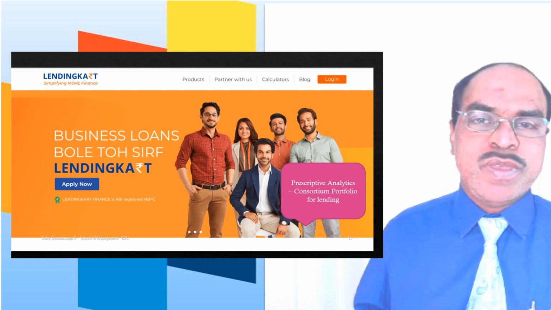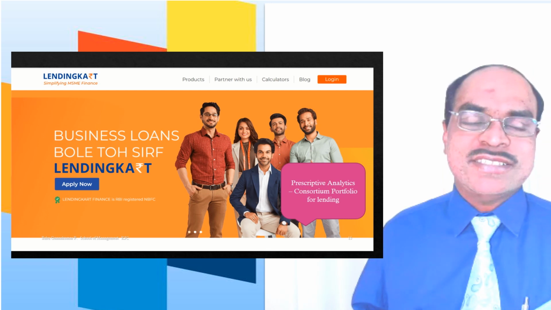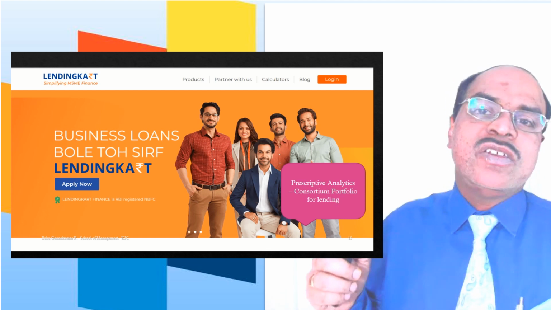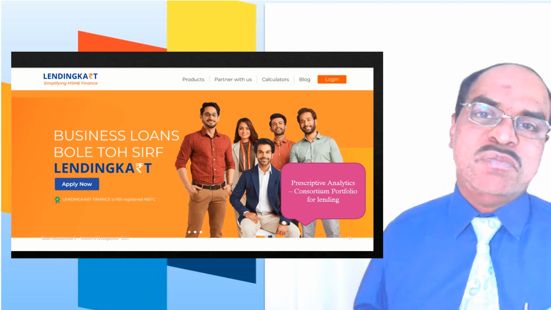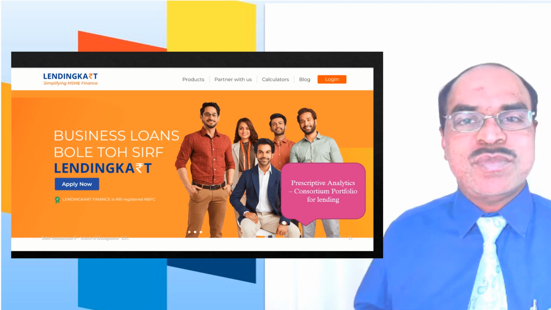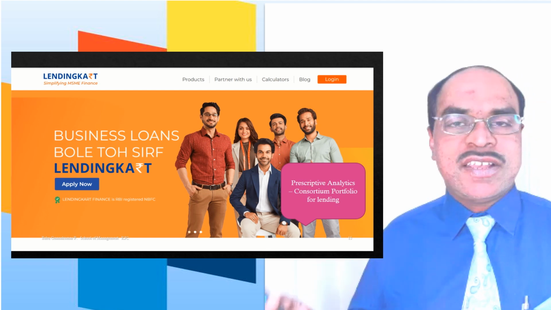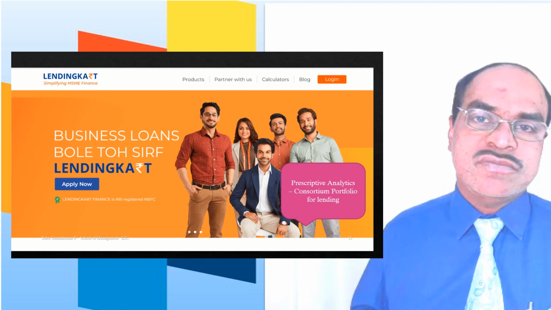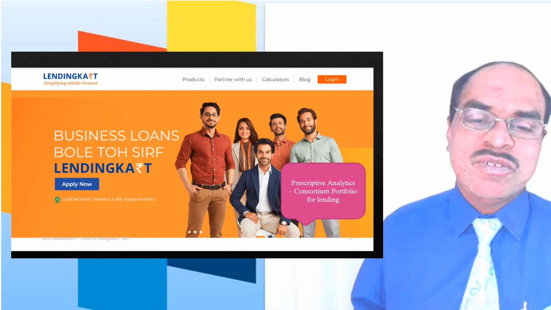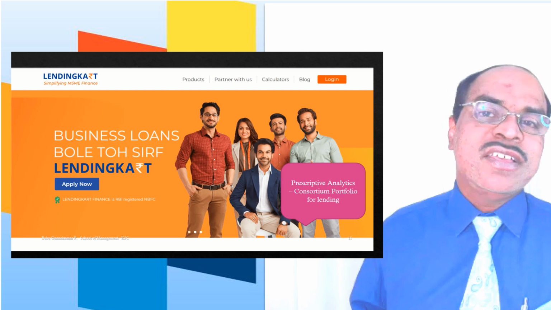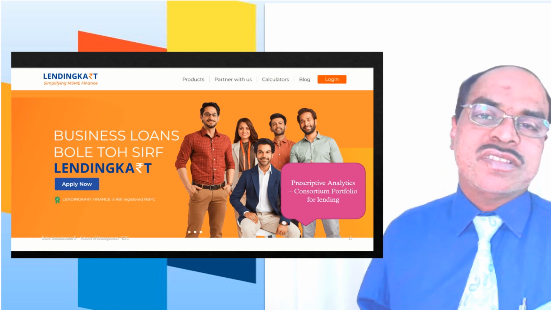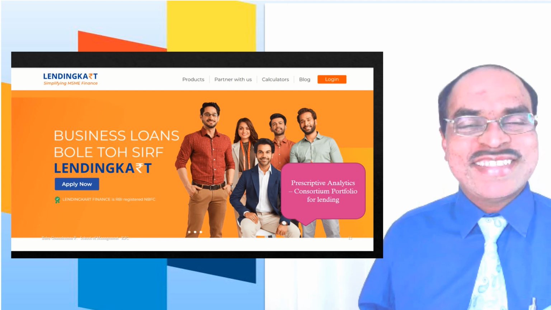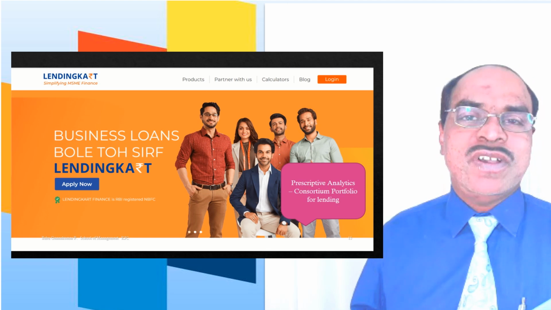Their lending is based upon analytics of how much the customer can lose, that is the maximum loss, and, on the reverse side, what is the maximum gain the person can make. Both things they map in Lending Kart. They are very famous for that, and their portfolio even accounts for the time value of money. They created a nice platform for that.